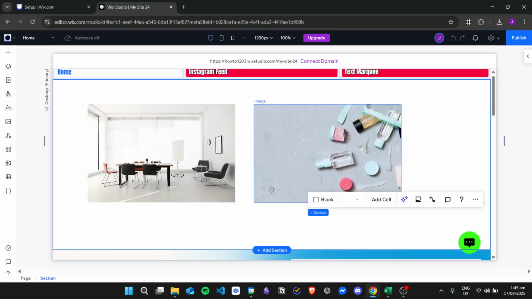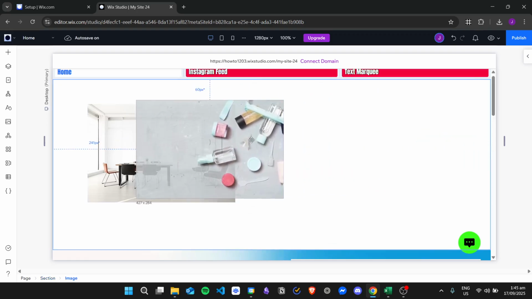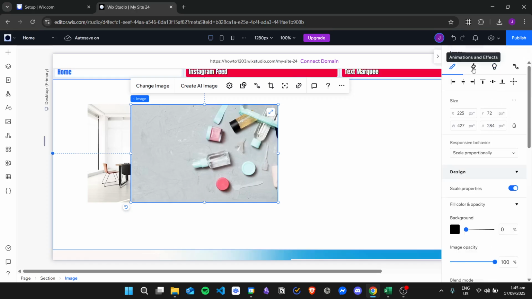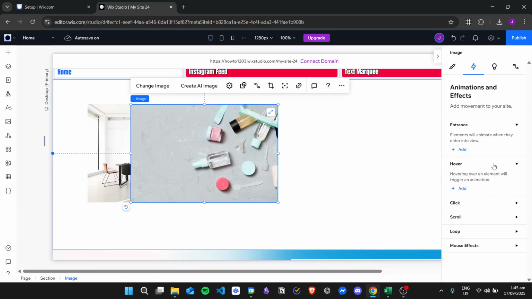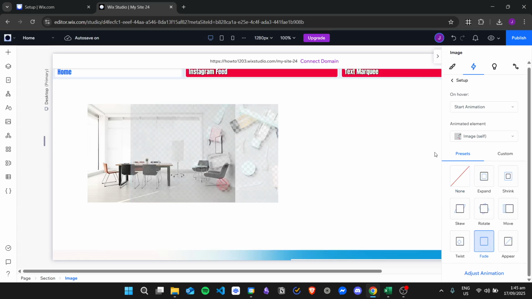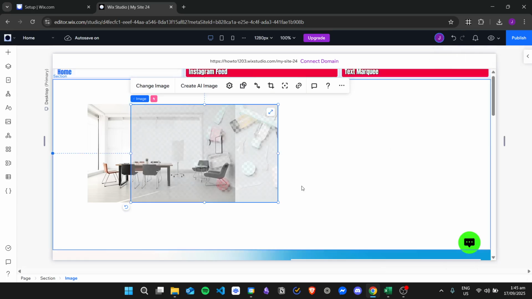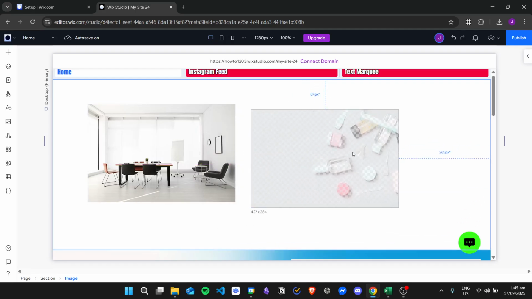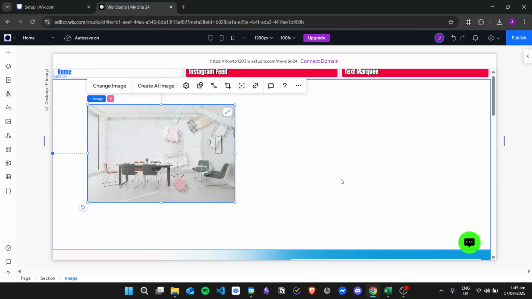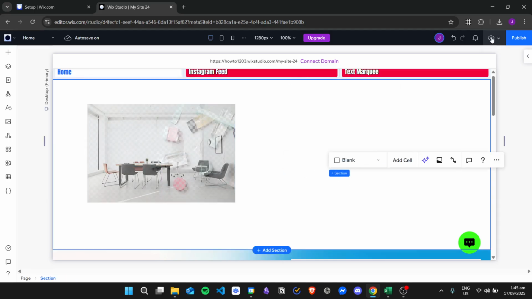Now that we have these two images, what we're going to do is overlap them with one another. And then for this second image right here, we're going to open the inspector tool, click on animations and effects, and then click on hover, click on add, and then we will add the fade effect. And then make sure that this image that has the fade effect is the one on top of the layer. And then when we click on preview,